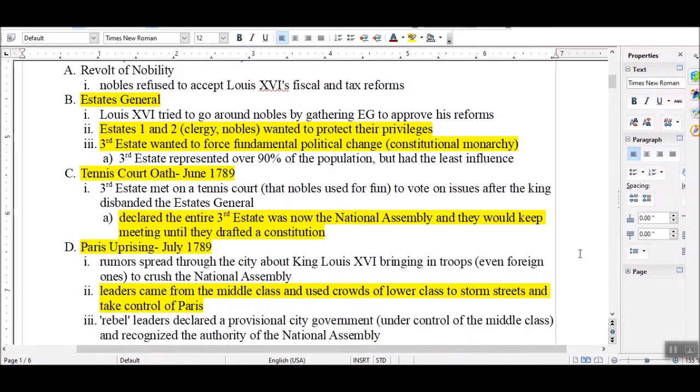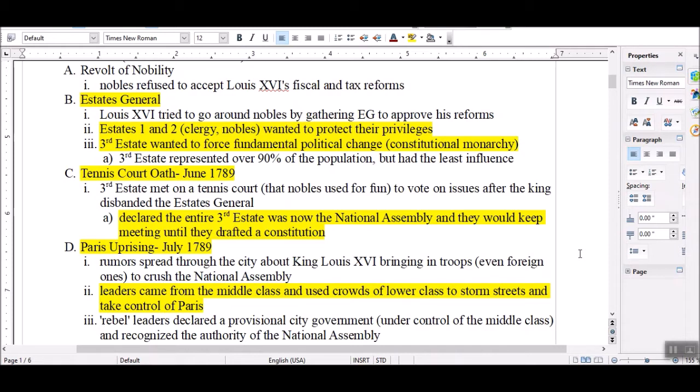Everybody generally knows that they spend a lot. That $100 million, by the way, is a lowball number, but they actually will seize his checkbook and check where he's been spending his money and how much money he's been spending, and then they're going to publish it in the newspaper for everybody to see. So no huge surprise why Louis XVI and his wife ended up beheaded. But I'm getting ahead of myself just a little bit.